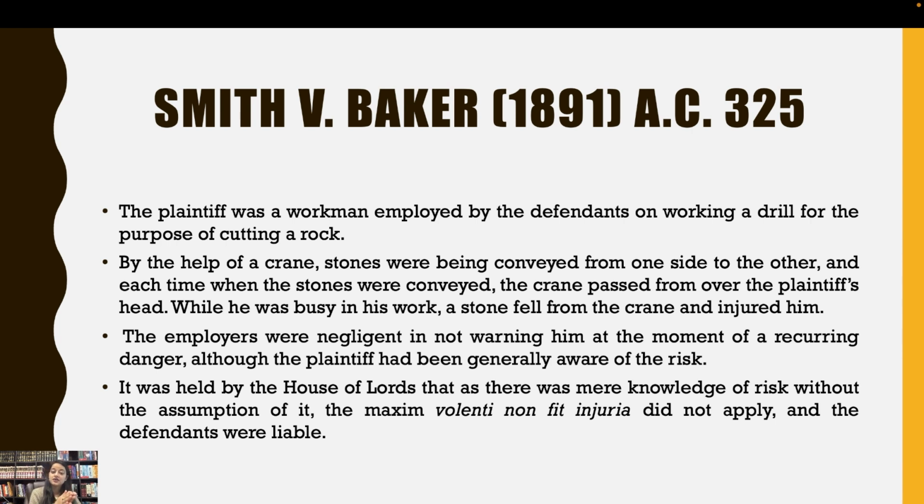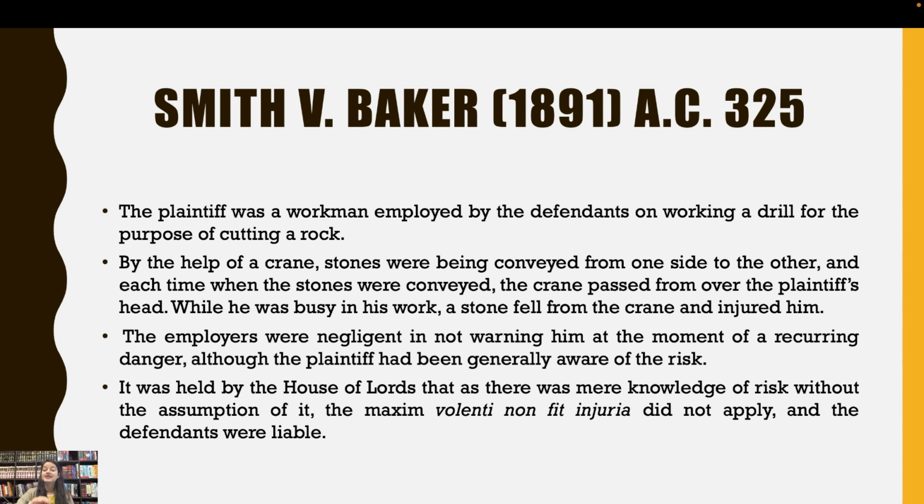Now, the employers were negligent in not warning him at the moment of recurring danger, although the plaintiff had been generally aware of the risk. There was general awareness that this is happening and it might result in injury. But somebody going to work to cut stones does not agree that if a stone falls on him, he agrees to that damage. Correct? It was held by the House of Lords that as there was mere knowledge of the risk, without assumption of it, the maxim volenti non fit injuria did not apply